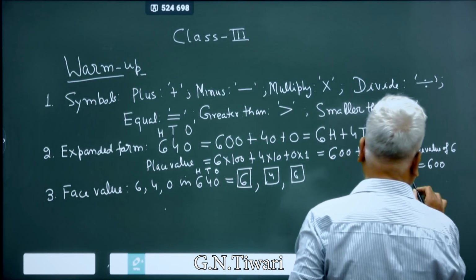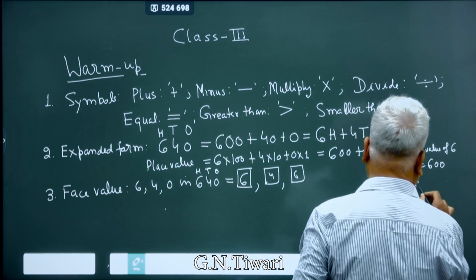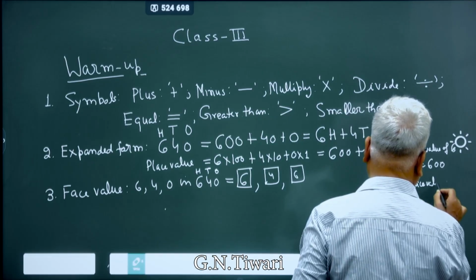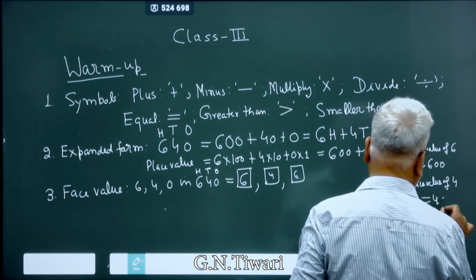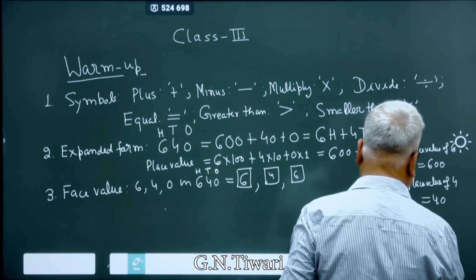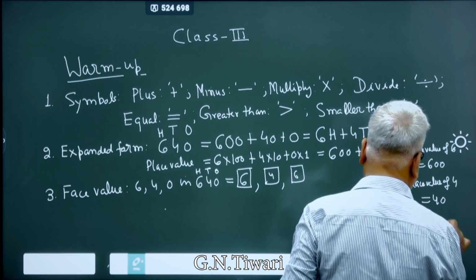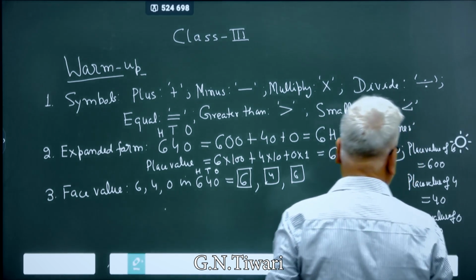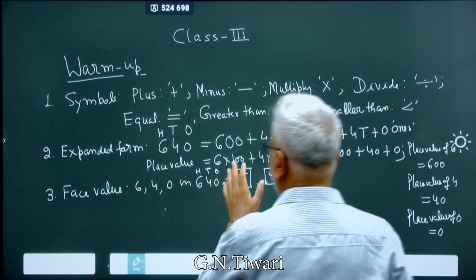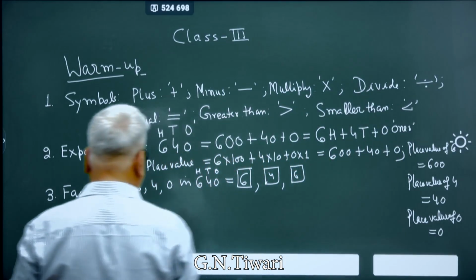Here also you can say the place value of 4 is equal to 40. Also you can say place value of 0 is 0. So that is the difference between the place value,